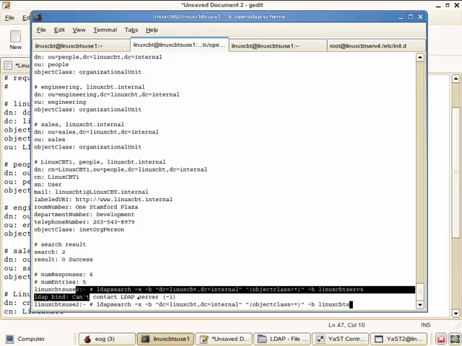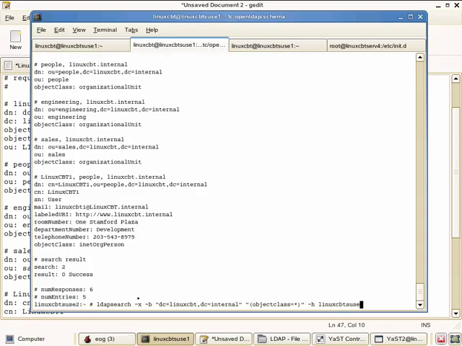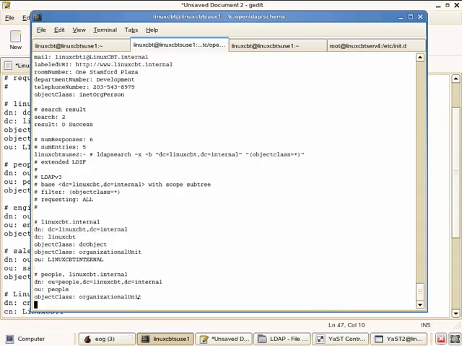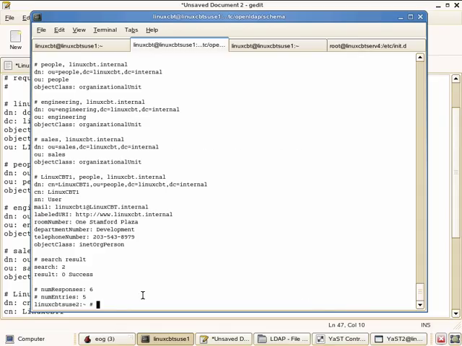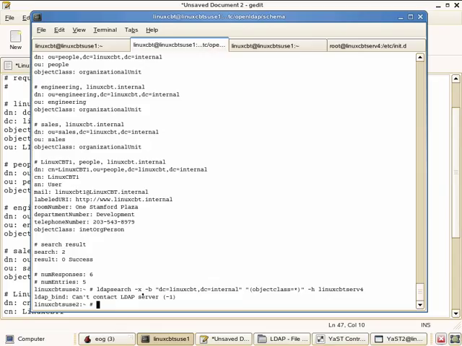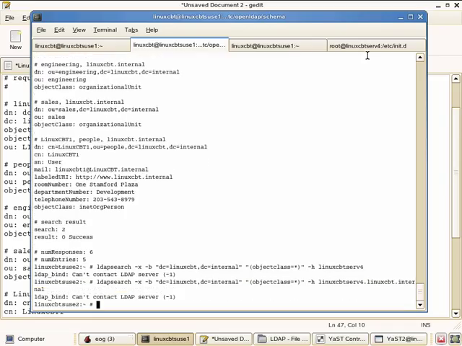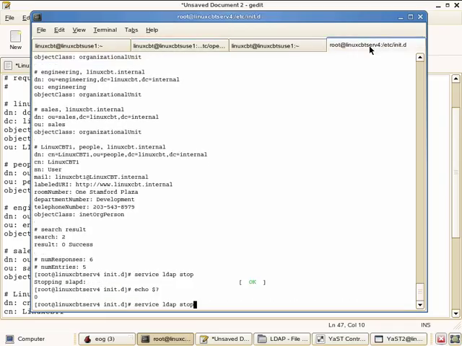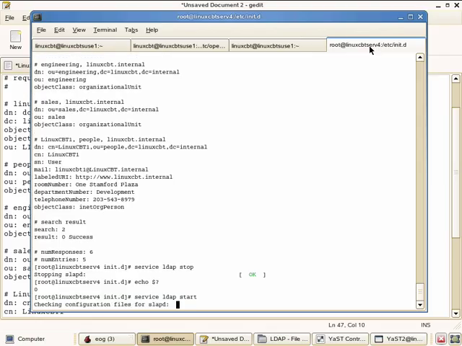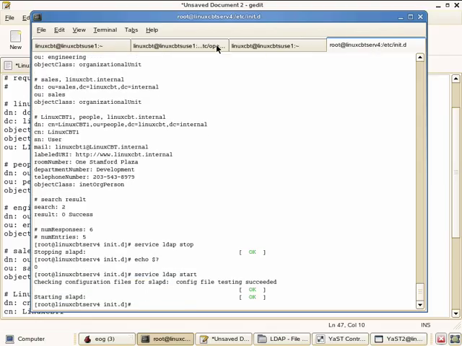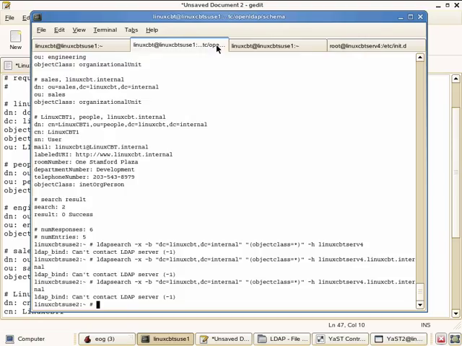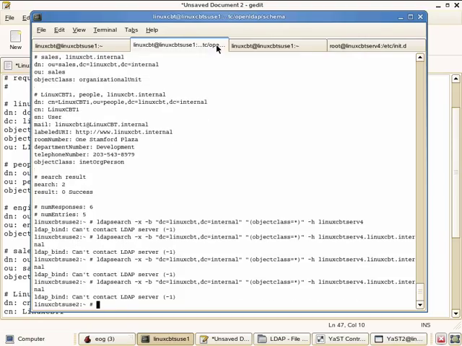Let's try it with simply including the -h option, and there's the dump. Let's also try it by omitting, and there's the dump. Let's try remote against linuxcbt serve 4 again. It fails. Let's try it with the FQDN, and this too will fail. Now let's restart the LDAP service and then re-execute the query, and momentarily it'll connect,